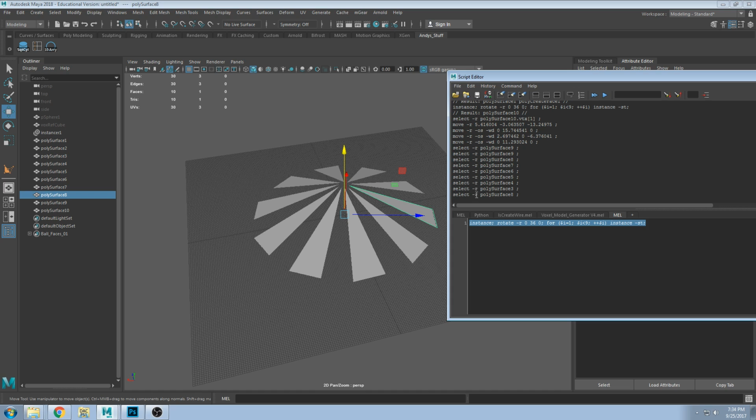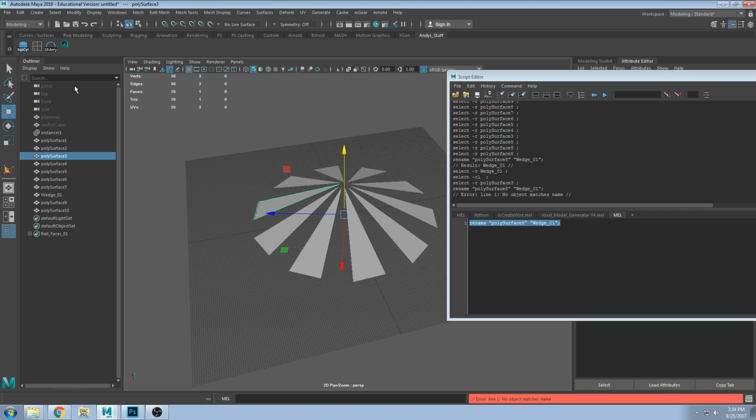You see, select polysurface 8. So this is polysurface 8 that you can see right here. And if I rename it to wedge 01, and I select it, you can actually even see rename wedge 01. So if you wanted something that renamed objects in a similar way over and over, you could make a script. If I click this and grab it with the middle mouse button drag, now I select this object, mash the button. Oh, it's not going to do it because it already has one named that. So if I change the script to 02,